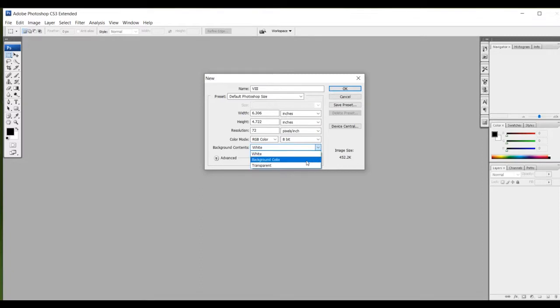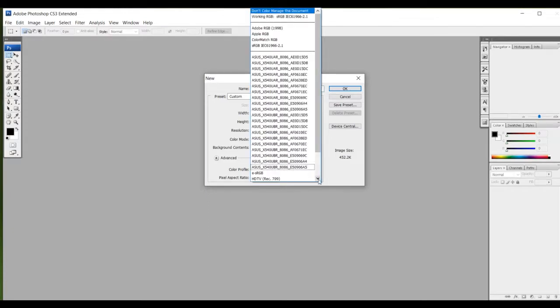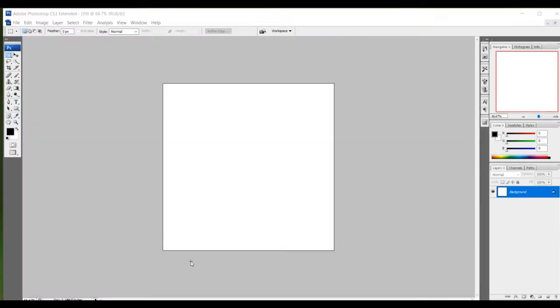If you want any background color, we can choose the background color. And if you want to do any advanced settings, you can. So after pressing OK, I have got my background on my screen.